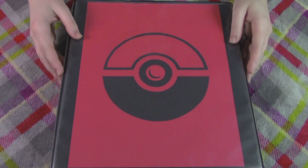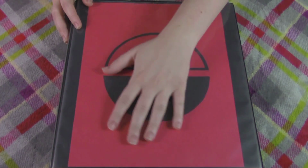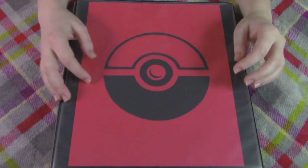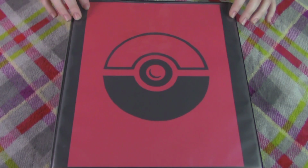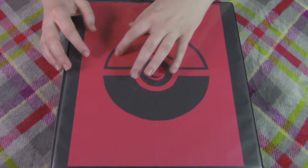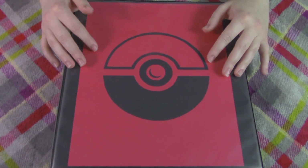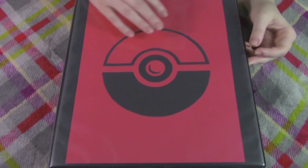Okay, so this is the first binder that I keep my cards in. This binder has 4 different sets inside. It has the base set, and it has jungle, fossil, and base set 2 in these. If we open it up,